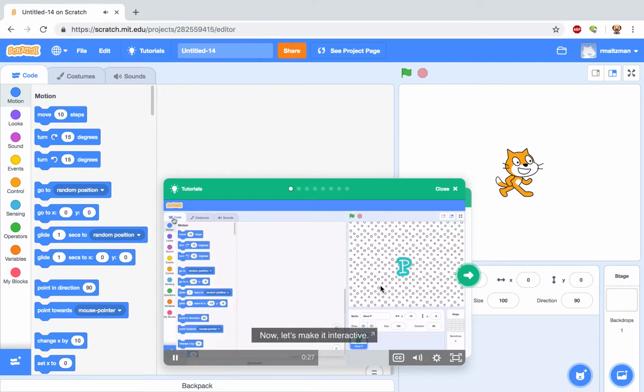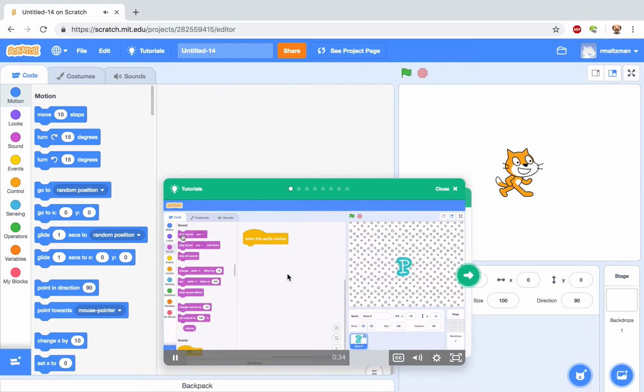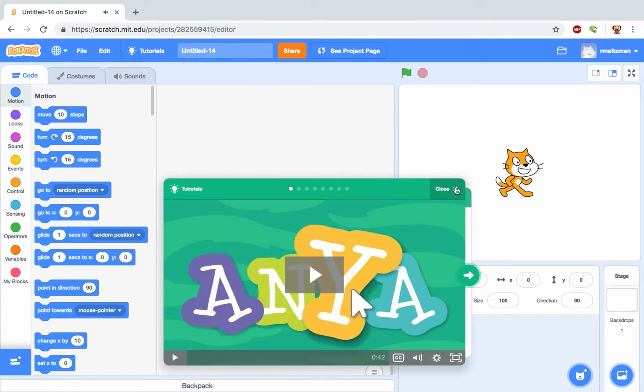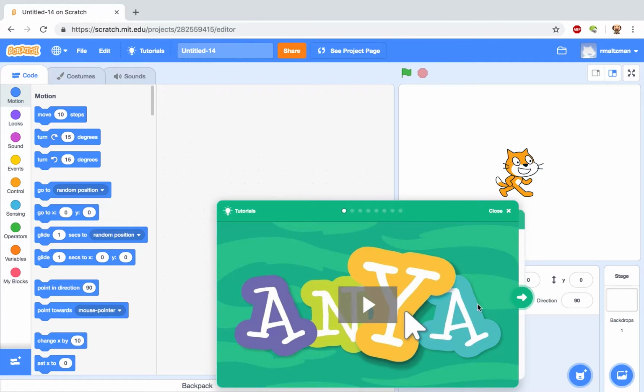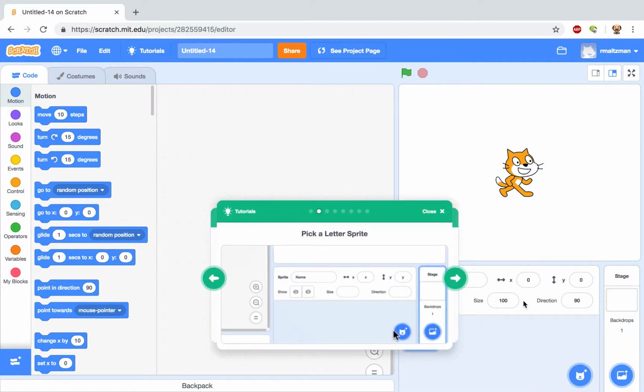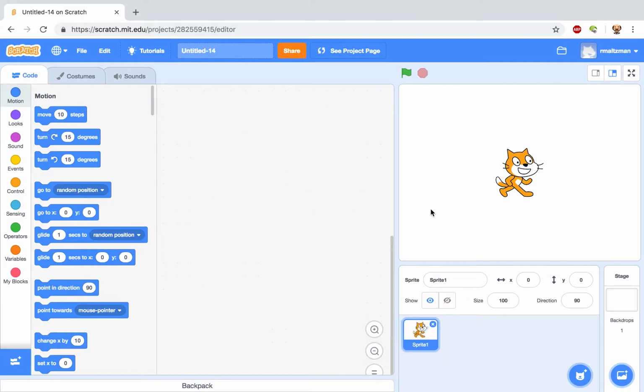So this will take you through the process of how to build something like animate your name. So you watch this video and do this tutorial. At any given time, you can close this here, or you can go to the next one. So if you want to work on this, you could actually just drag it. Let's see, how do you drag it down? Must be a way to hide it. Well, you can certainly do that. And then if you go back to tutorials,